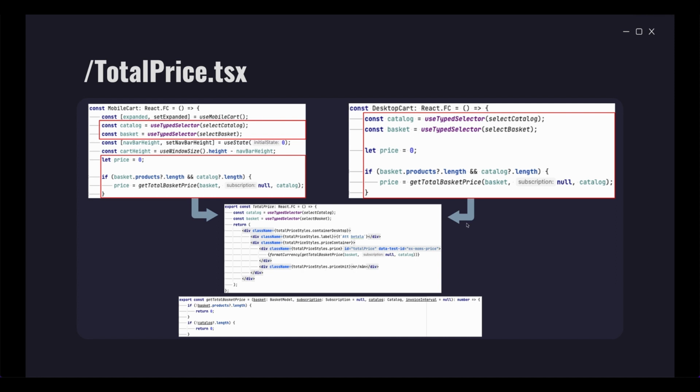So as you can see here, we have moved catalog and basket into total price, and instead of this if statement here and mutating the variable price, we are just calling get total price directly and have added two guard clauses into the get total price function.